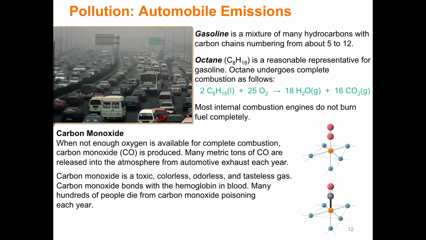So where does this come from? Well, obviously burning of fuel, right? So that fuel, we call it gasoline. It's a mixture of hydrocarbons. You know what they are now. Octane is what we say, it's sort of an average because it has 8, but anyways, the carbons go from 8 to 12. But remember, you're burning. So you're making CO2, which of course we know is a greenhouse gas. But they also don't burn that fuel completely. So that would be carbon monoxide that's going to come out. And obviously that is toxic. And both of them are greenhouse gases. So they also warm the earth as well, which we'll talk about in a bit.